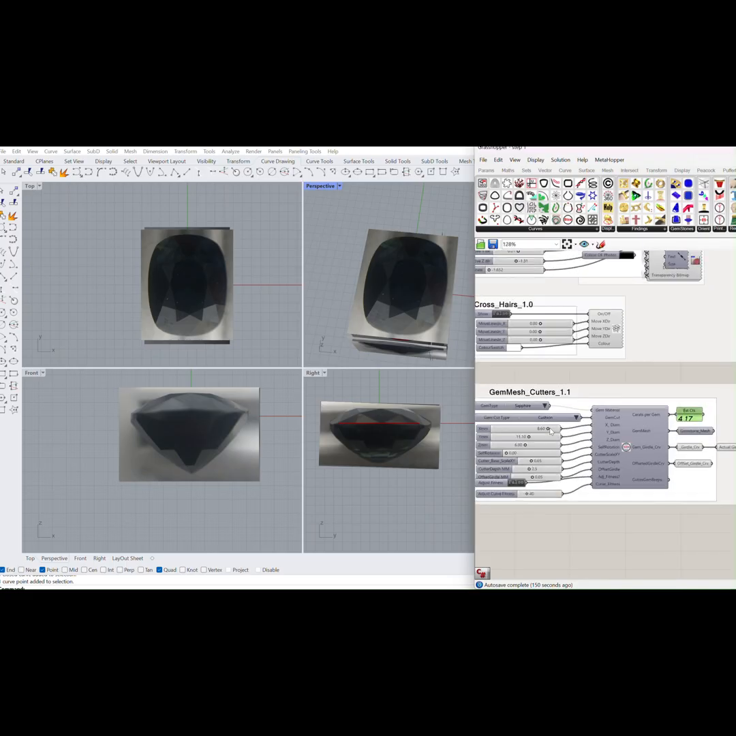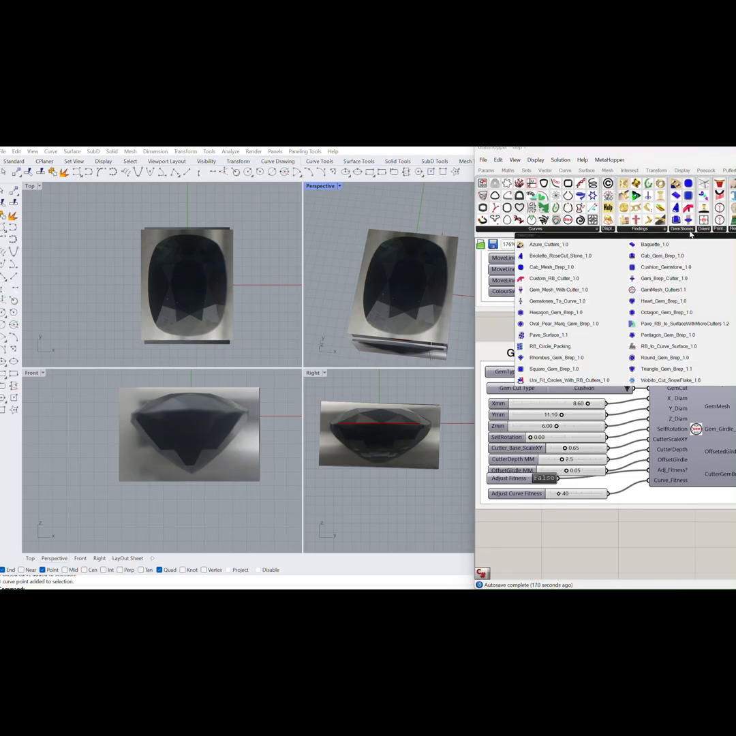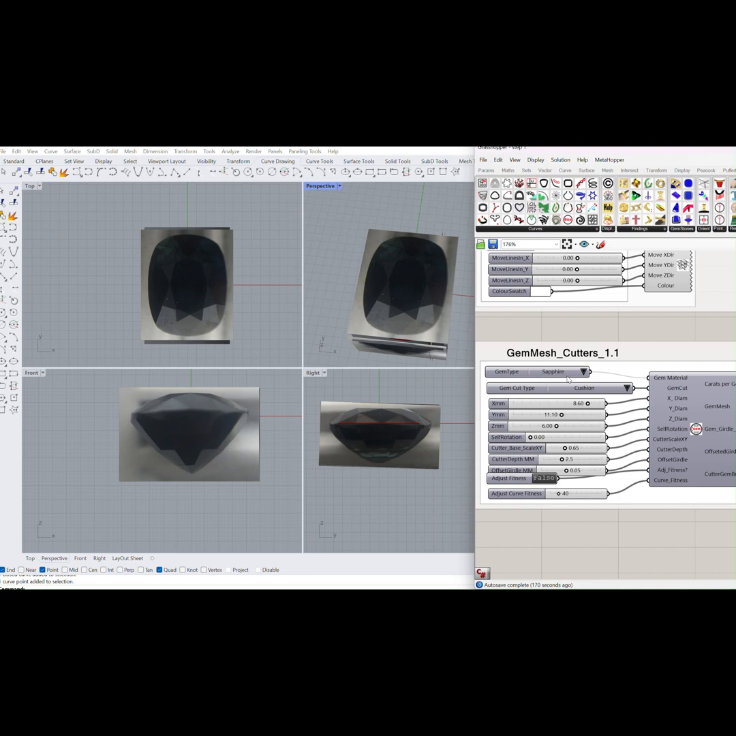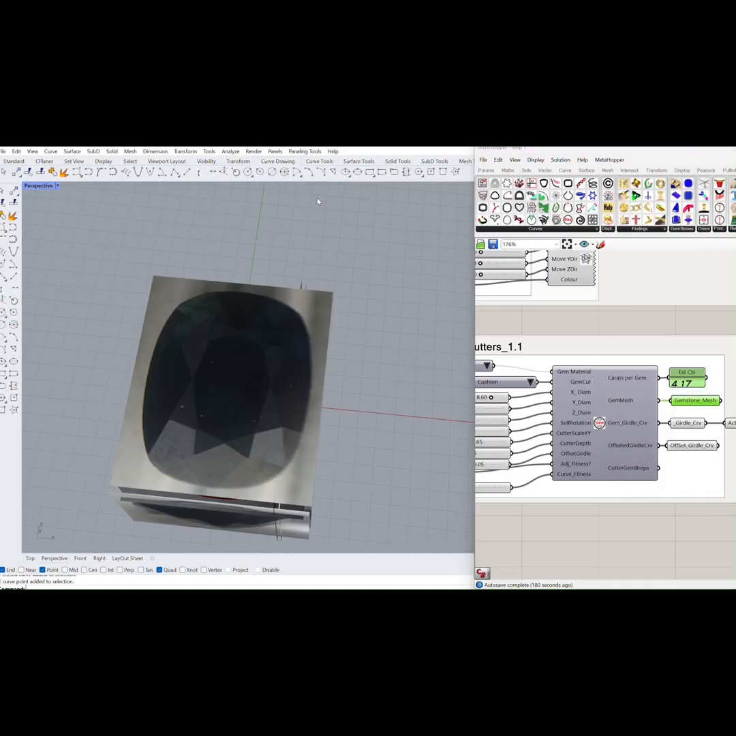But the first thing you would do is open up the gem mesh cutter, right? That is found under gemstones, gem mesh cutter. It's a list of all the gem meshes. In our case, it's a cushion. We type down the measurements of the actual stone. This then gives us a gem mesh that we're going to use as a reference